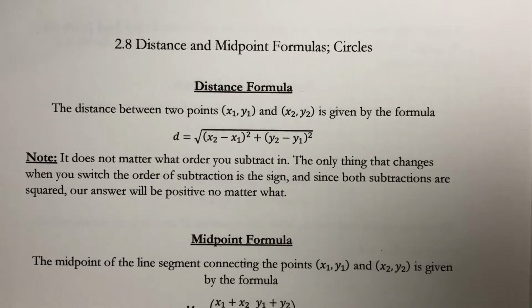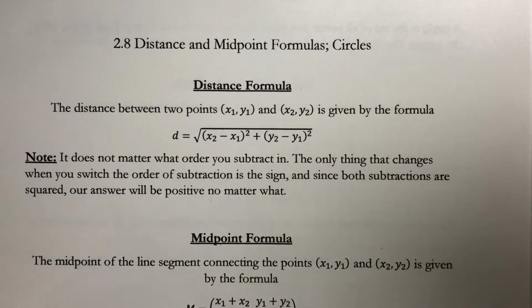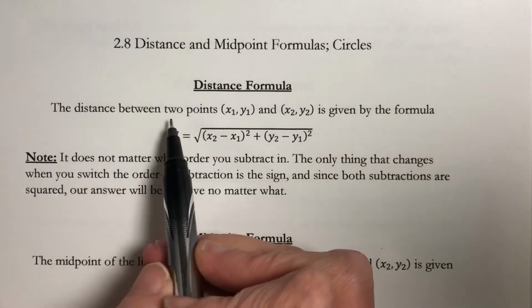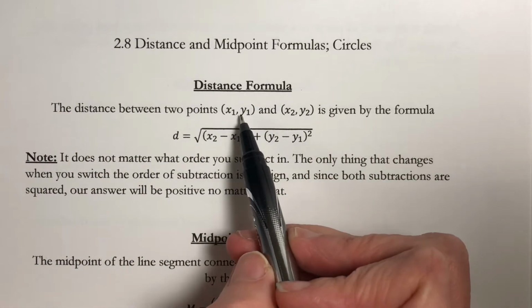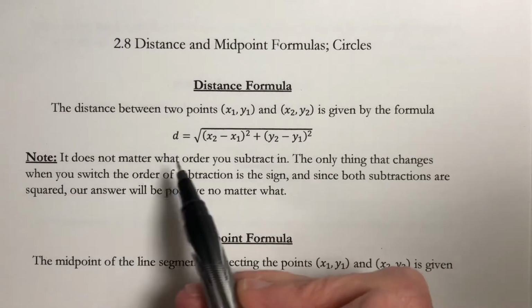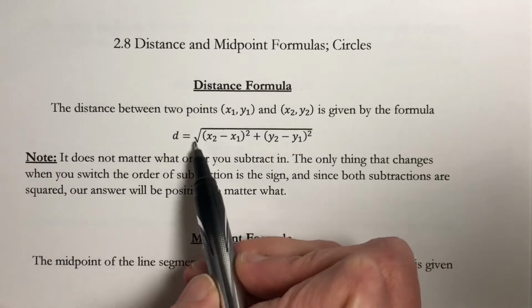This is section 2.8, the distance and midpoint formulas, and also circles. First of all, the distance formula. If we are asked to find the distance between 2 points that are labeled x1, y1, and x2, y2, the formula for this is the distance equals the square root of, you need to make sure that square root bar goes all the way across,